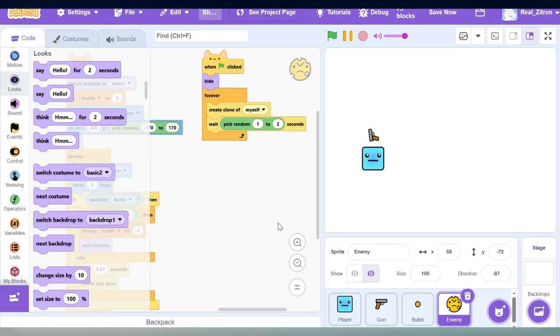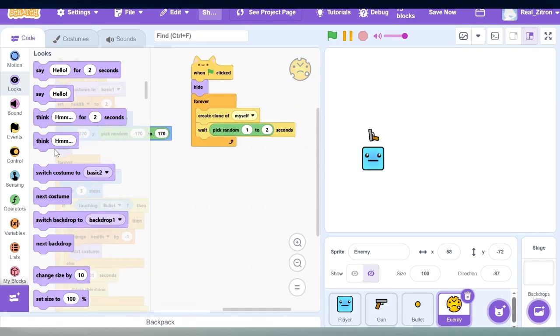In the next episode, we'll be adding more enemies. And this will include a fast enemy and a stronger one, and also ammunition. So there's a limited amount of ammo that you can